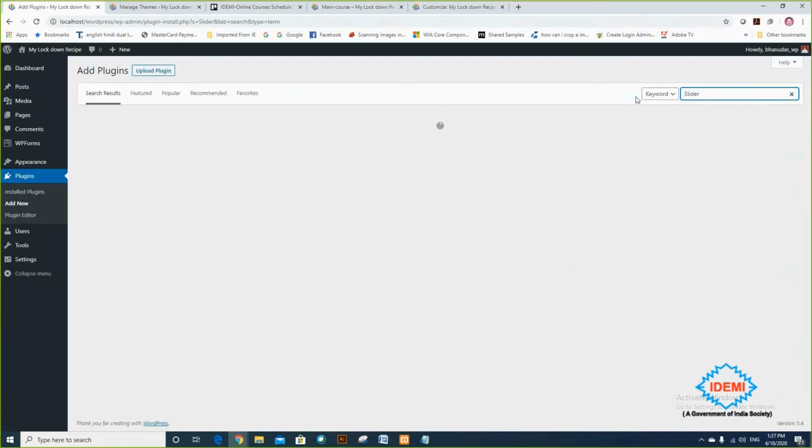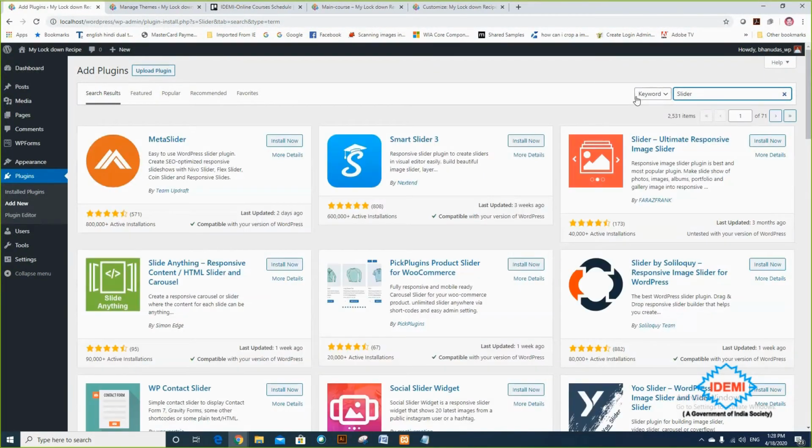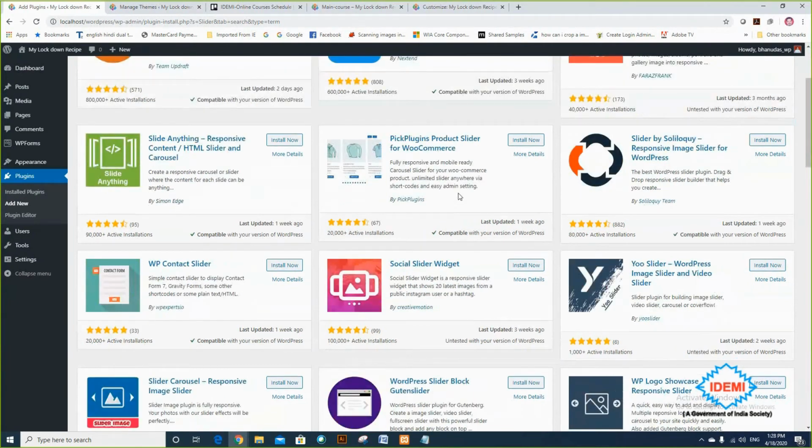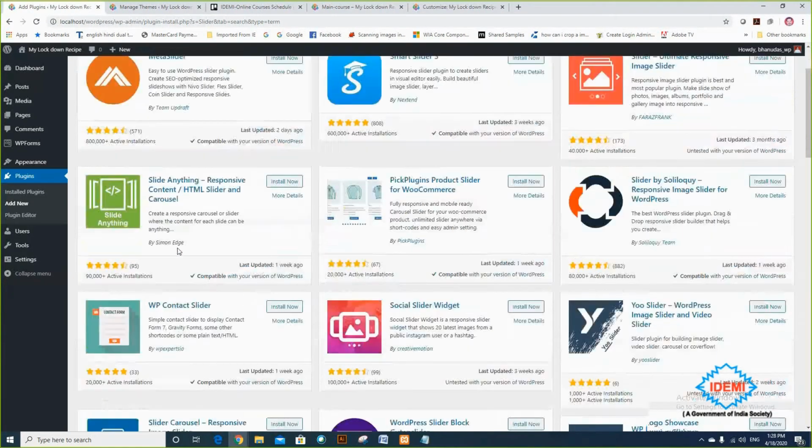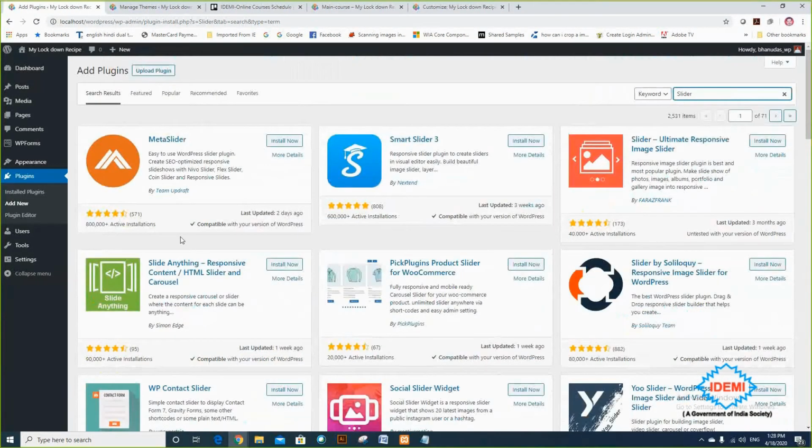It's showing on the home page the slides one after another. Then you can use a Smart Slider or Meta Slider plugin, install those plugins, and create a slider inside WordPress.